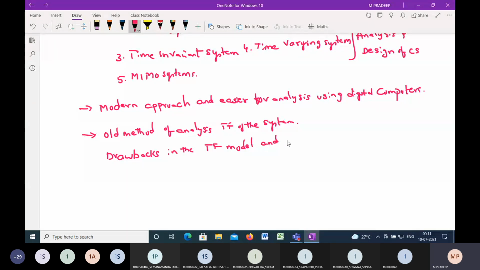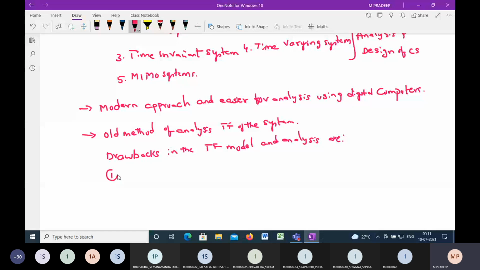And what are the various analyses which we are going to perform with the help of the various methods for the transfer function? Mechanical system, block diagram reduction method, signal flow graph method, time response analysis, frequency response analysis. All of these are the analyses we are going to carry out with the help of the transfer function of your system. For that case, what type of drawbacks are we going to consider?